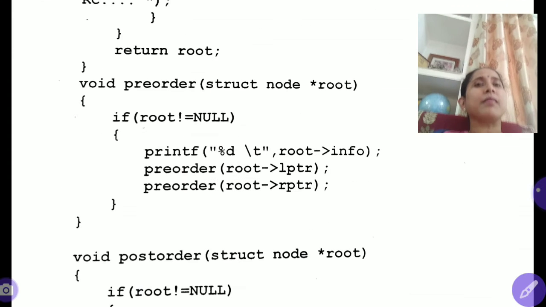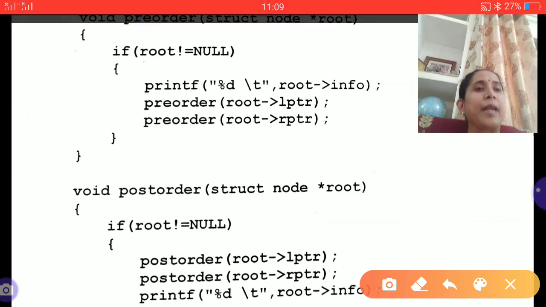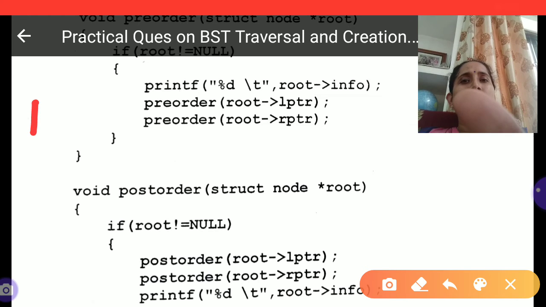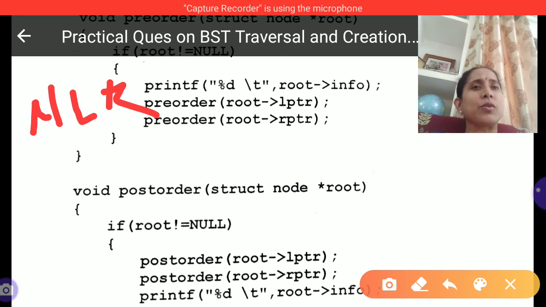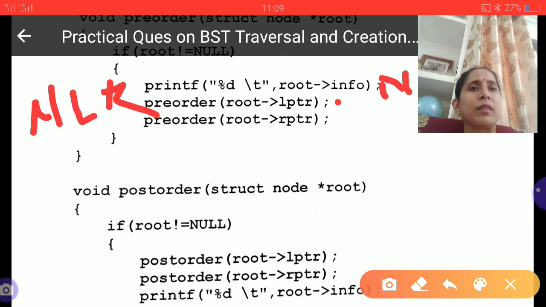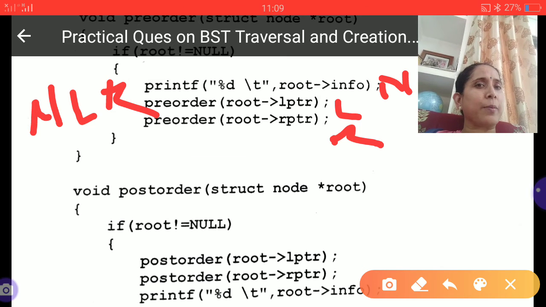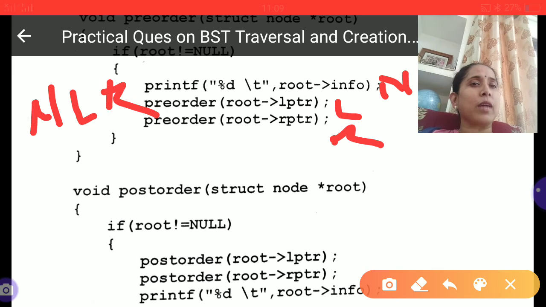Next we have talked about the pre-order and post-order traversal. In pre-order traversal, as you say, we say what, node, left and right, NLR. So this is node, this is L and this is R. NLR वैल्यू, तो पहले नोड डिस्प्ले हो जाएगा printf से, और रिकर्सिव वे में we are solving the question. So the pre-order function recursively is going to call for LPTR and then recursively is going to call for RPTR.